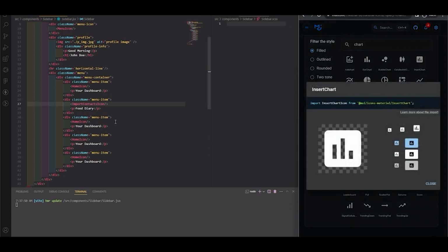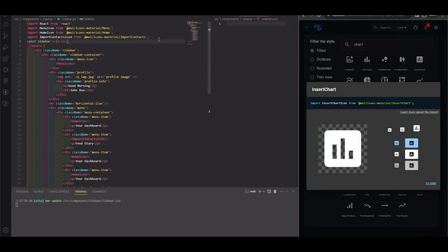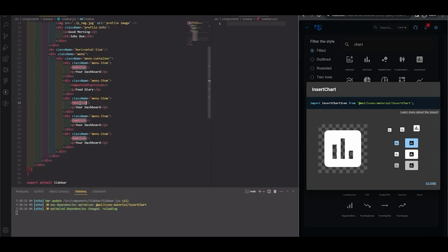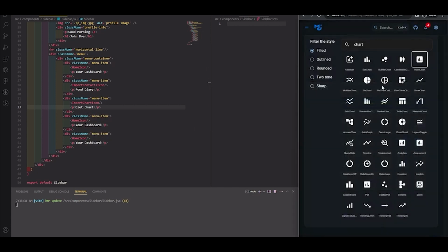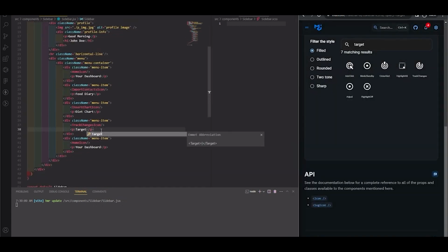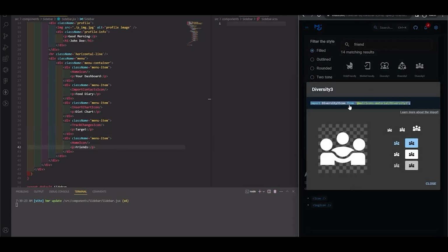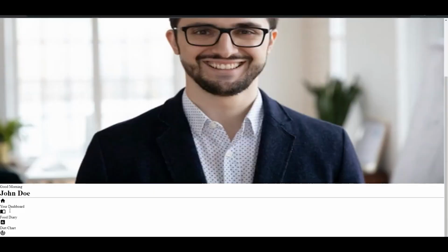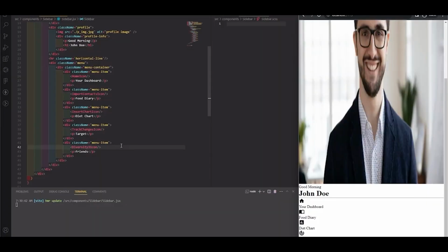So copy this and paste it here, and just copy this and paste here, for example diet chart. And after that is target, just copy this and paste it here, target. And the last one is friends, copy this and paste it here. All these icons are available in our app. Okay, now after that what you can do is we have a horizontal line hr, and give it a class